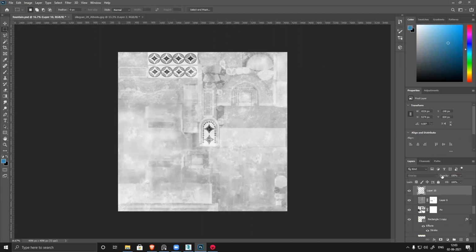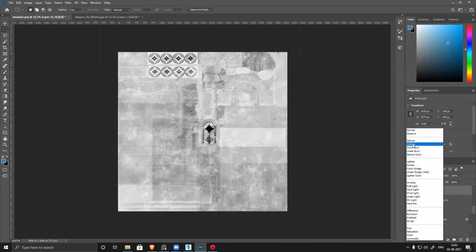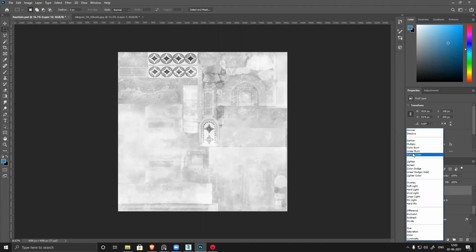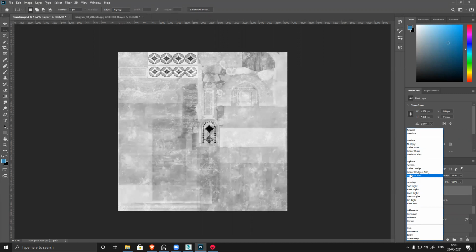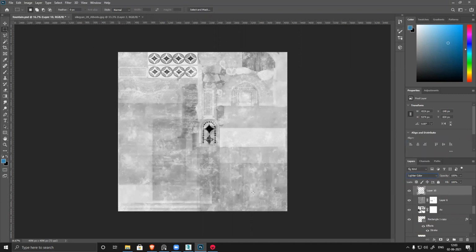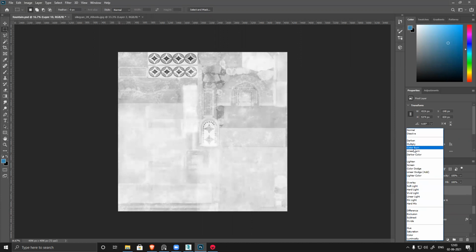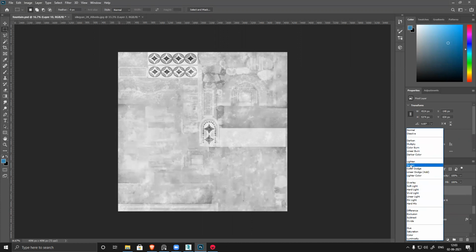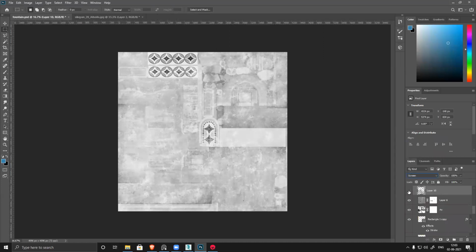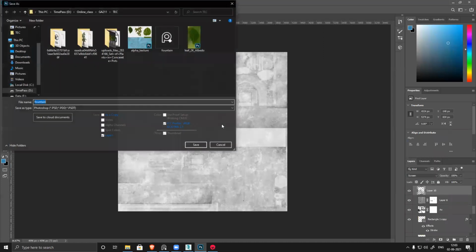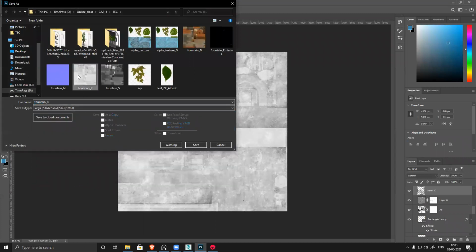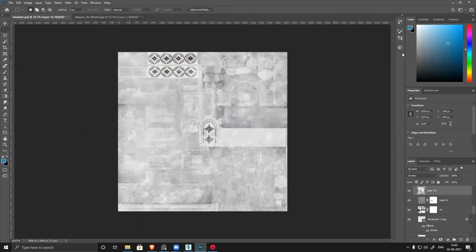See, let's merge them. I can make it slightly darker.